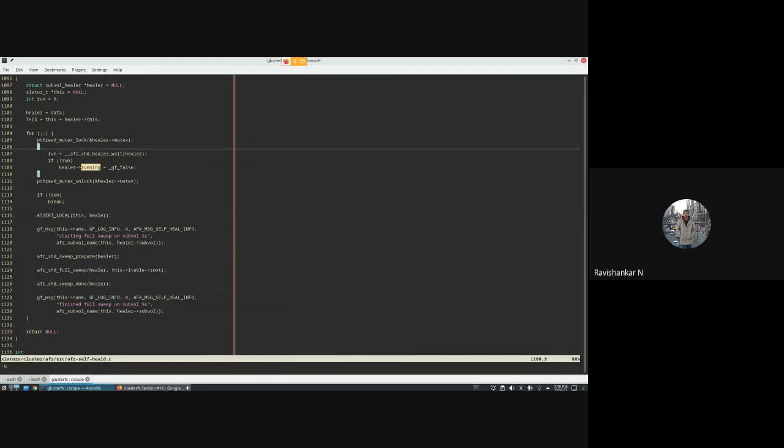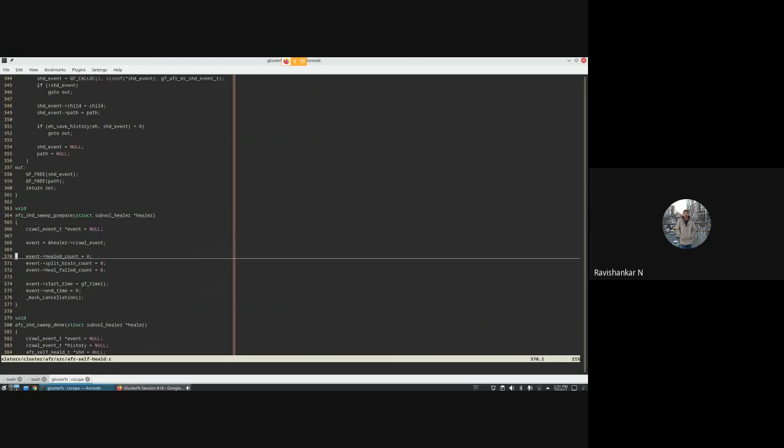Okay, so after healer wait, we come here and we do a couple of things: sweep prepare, full sweep, and sweep done. Sweep prepare is basically initializing the structures required for the statistics command. Look at this, it will just initialize some counters, like the heals that are in split brain, which are failed, and heal count to 0, etc. We have a statistics command in self-heal which gives the reporting of every crawl over a period of time. So this function is only to initialize the variables that keep track of the crawl statistics.